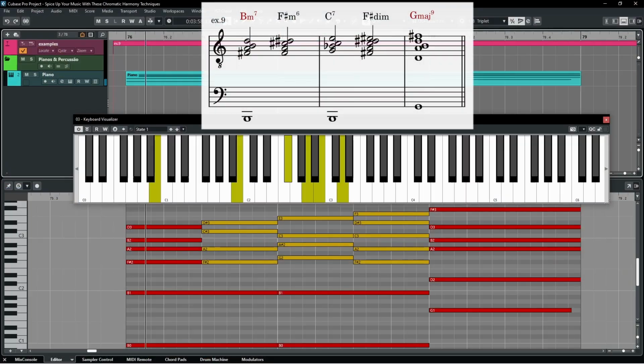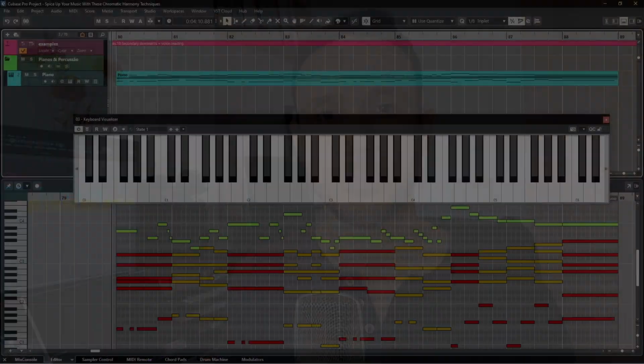So the harmonization process revolved around choosing as much as possible to have chord tones moving chromatically to the next chord tone and resolve to the target chord in a similar manner. The produced chords after the B minor 7 and over the B pedal note are the F sharp minor 6, C7, and F sharp diminished 7. The target chord was the G major 9. And for effect, here is the full example, this time with the melody included.